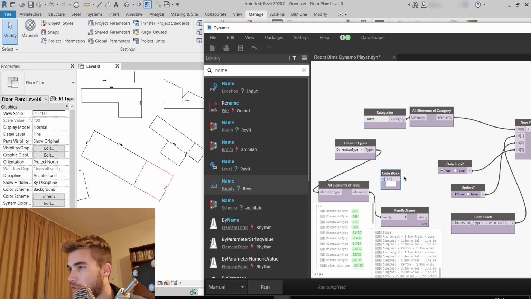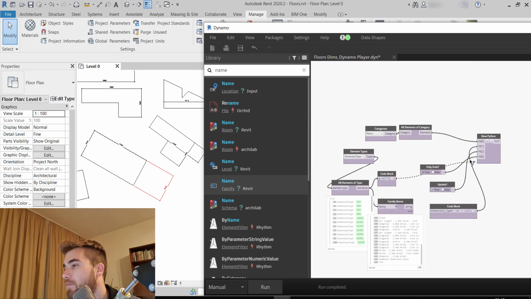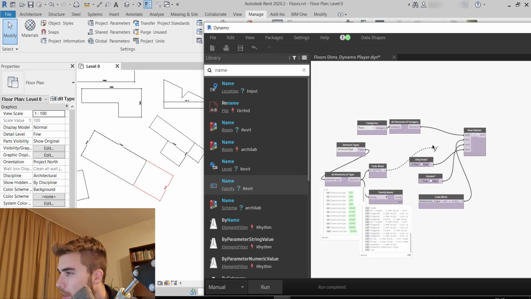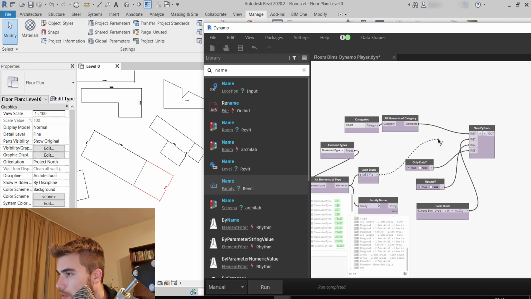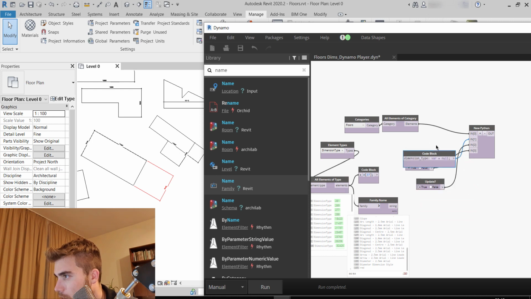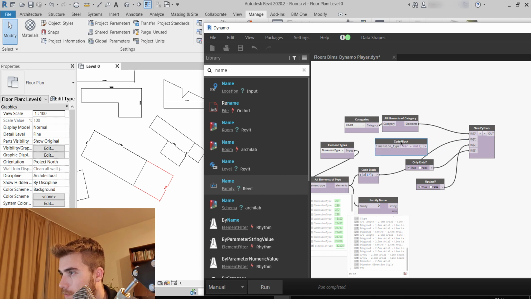And the reason we are choosing a dimension type like this is because we don't have a dimension types drop-down menu provided by the Dynamo developers, or by me, but yeah, I'm too lazy to do it apparently. And then if we connect this here, where is that? It's the in one, like this. If I just connect it there